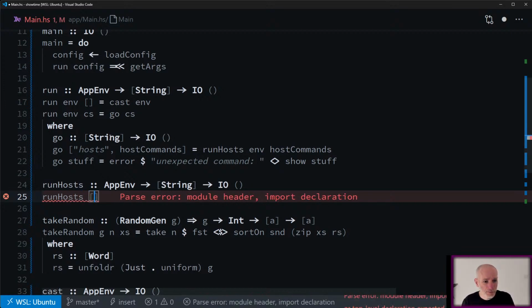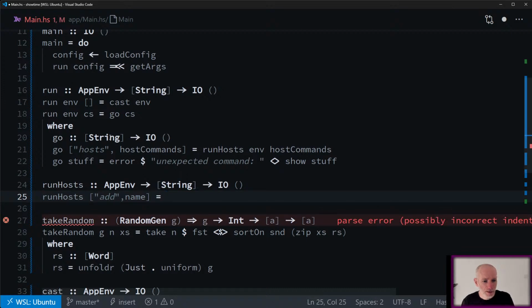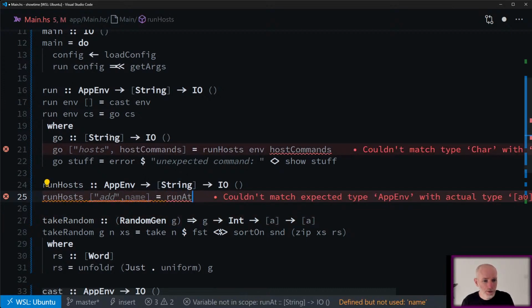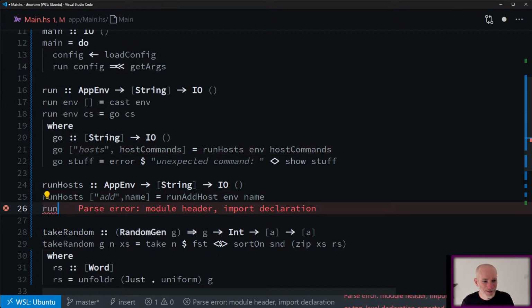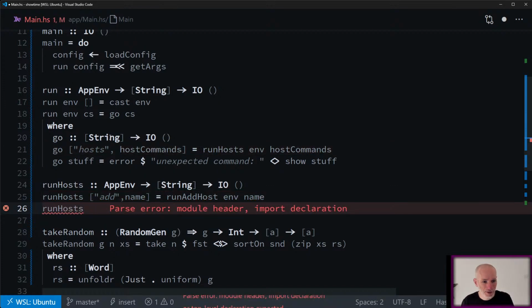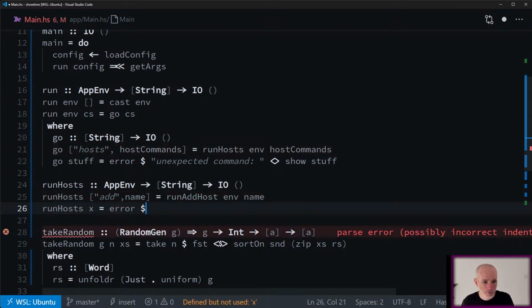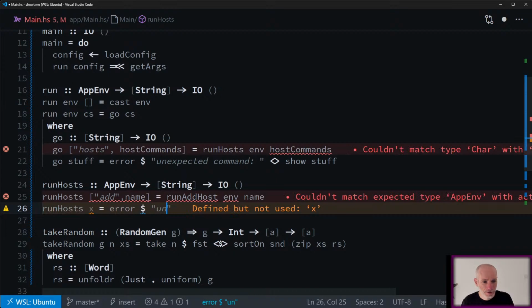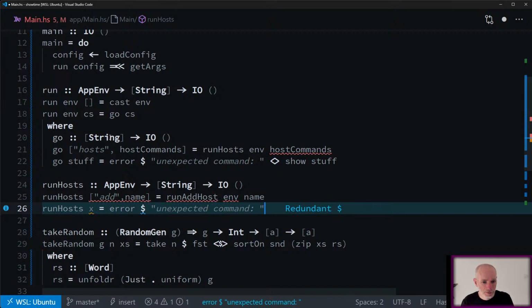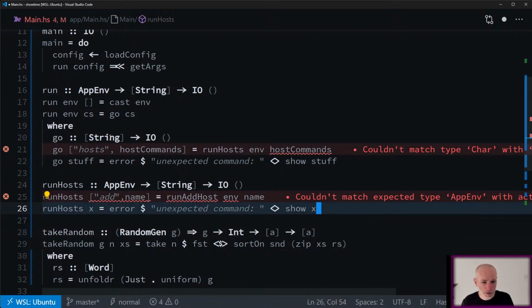So if we have add and then some name, then we can say run addHost with the environment and the name, and then runHost with anything else. Just throw an error for now, and we'll say unexpected command and show whatever x is.